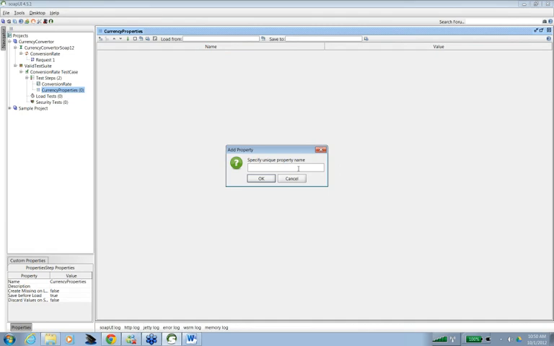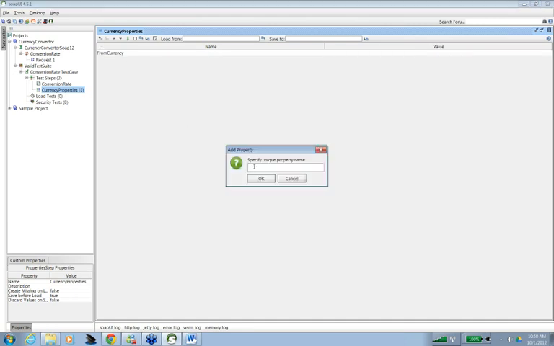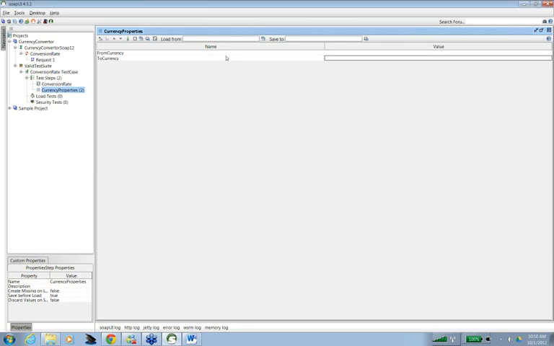For the property name, let's say I add from currency, and I can add another as to currency. I can give values also. So here I can give USD, and here I can give INR.